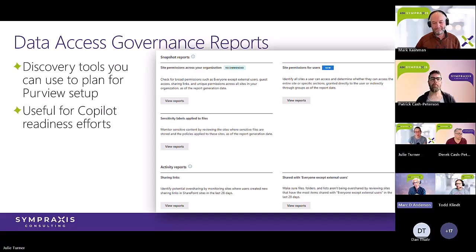There are two reports on here that help with that. The one down on the bottom right, shared with everyone except external users, shows you who's done that in the last 28 days. The one in the upper left is broader and shows you where that pseudo group is used, among a bunch of other things. If you think about this as a starting point for how you're going to use Purview, or for rolling out Copilot, then they make a lot of sense.